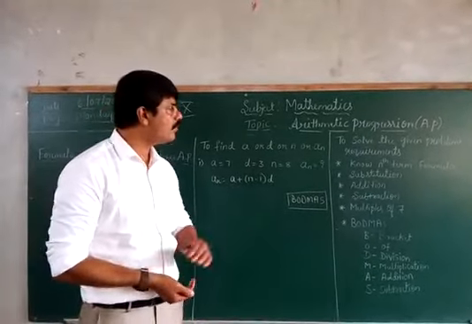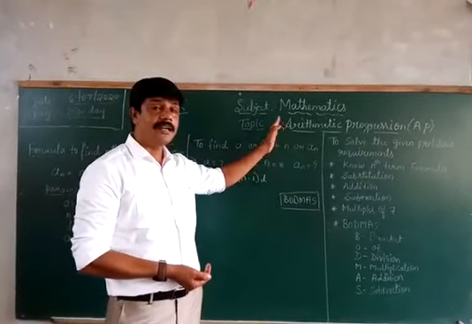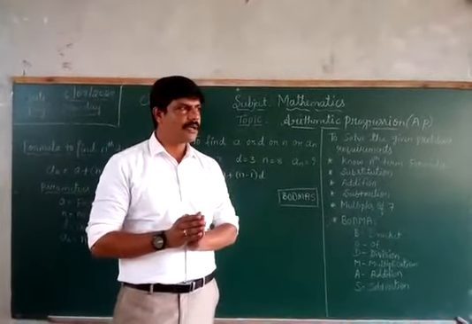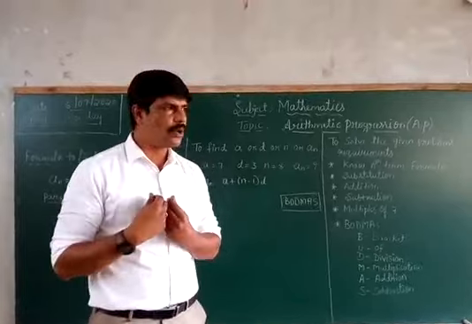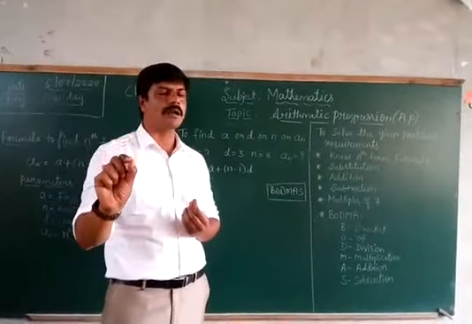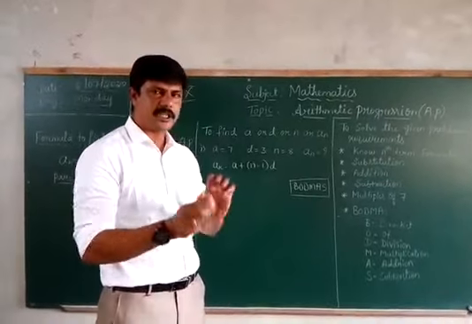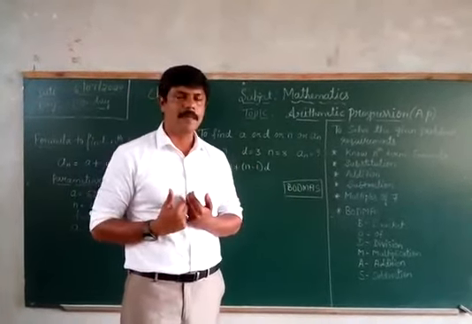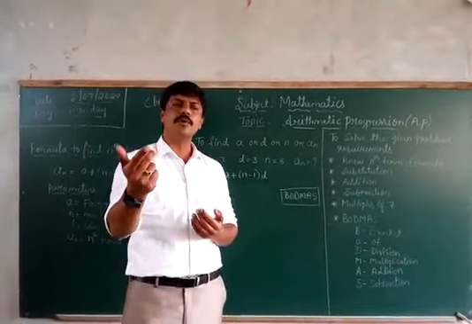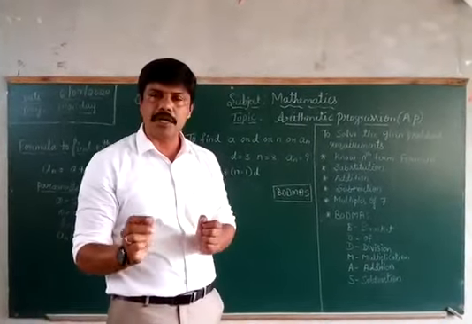We have learned about the meaning of arithmetic progression, the definition of arithmetic progression, and when a set of numbers is given, we will now have the capacity to know whether the given set of numbers is an arithmetic progression or not. That ability also we will learn. Just by seeing a set of numbers, we will come to know whether it is an arithmetic progression or not. How do you come to know?